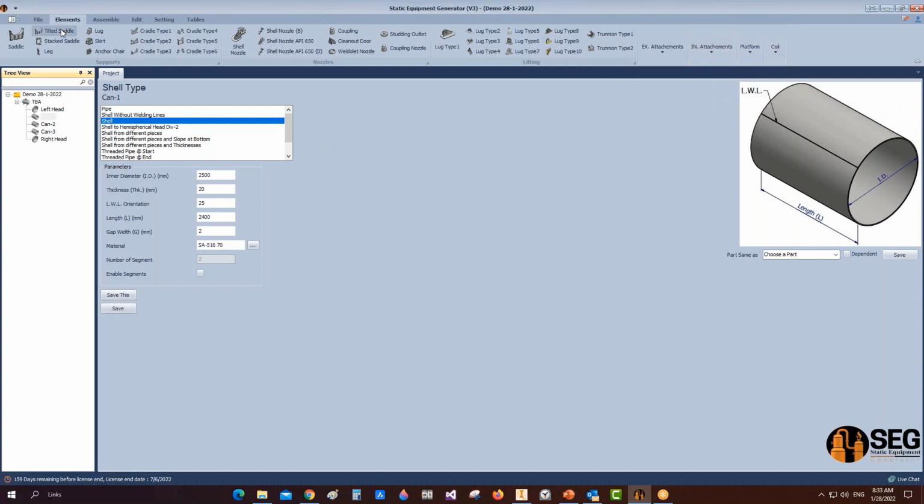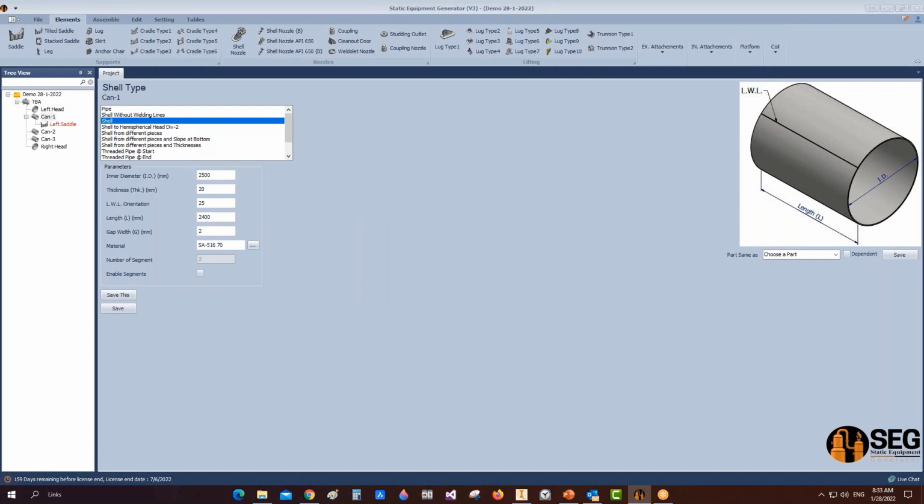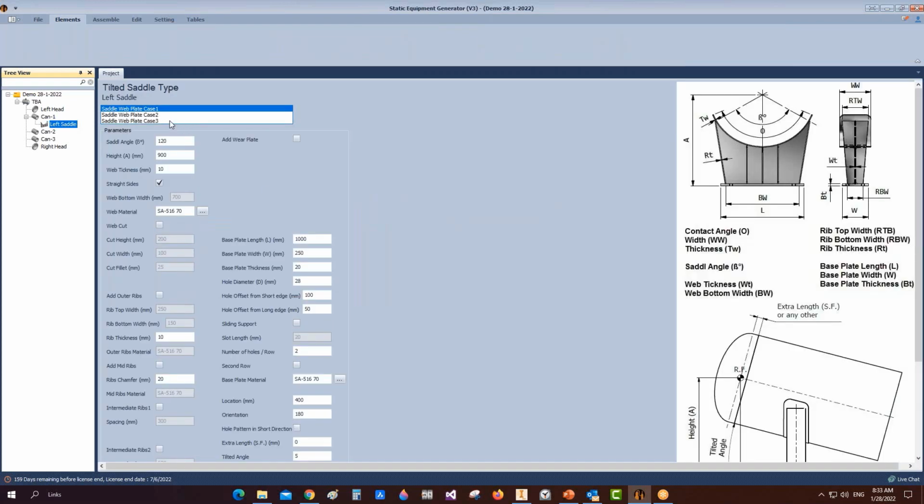So now we need to add a tilted saddle for this one. So it's the left saddle. Okay, and from the left saddle, we will select the suitable type, and let's define the dimensions of this saddle. Let's define the height as 1.8 meters, define the thickness to be 20 millimeters, add a wear blade, define the contact angle like that, define the width of the wear blade, define the thickness, let's make the fillet 50 millimeters, define the base blade dimensions,